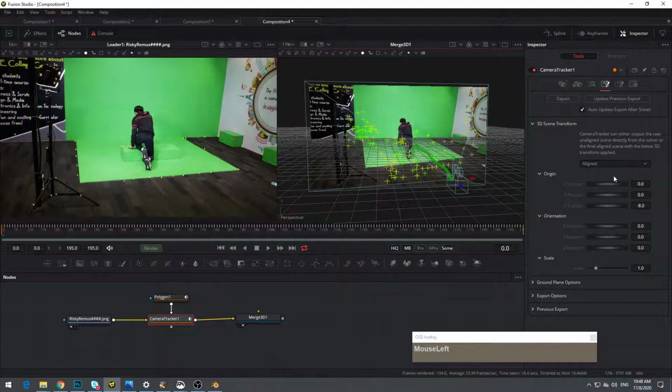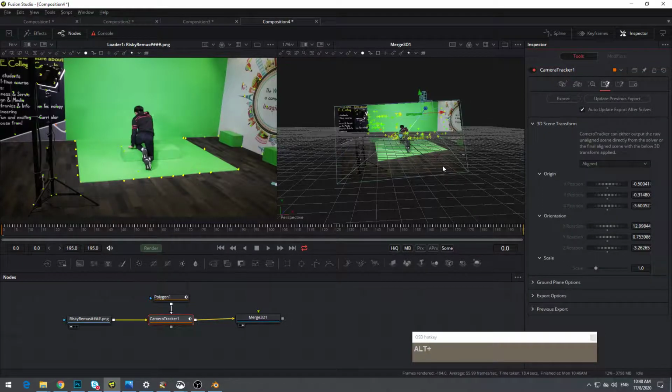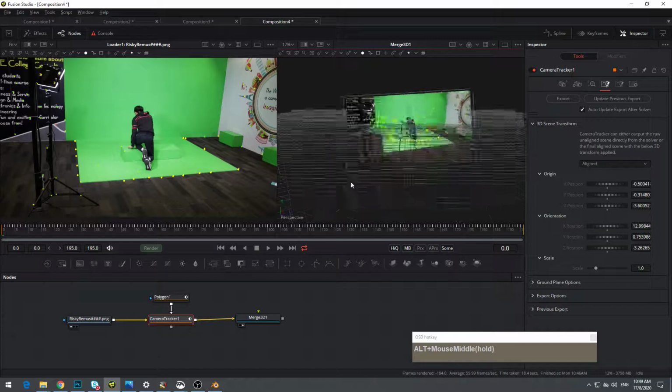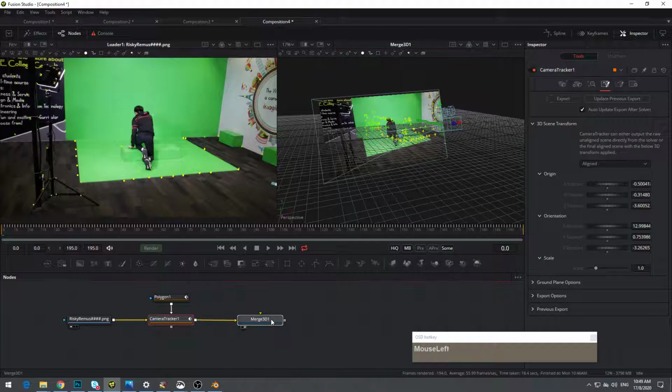Okay, and we are going to select underline first. Then we're first gonna pick our origin. For the origin, maybe I will pick this point, set as the origin. And then for the ground points, I'm gonna click on these rows of points, so I know for sure these are on the ground. And then say set from selection. Then I'm gonna switch to align back again. So this time you can see the scene is nicely aligned to the 3D grid already. Okay, and we can start to do our